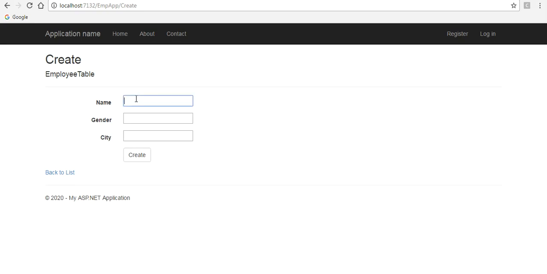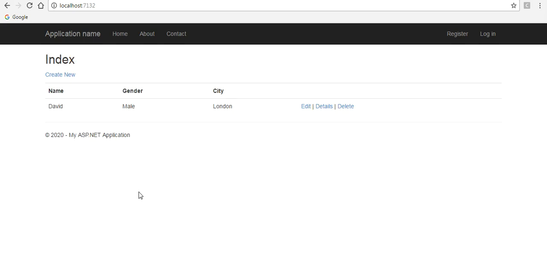If I add name over here David, gender male, then city London, and click on create. Can you see David male London? You can see over here.